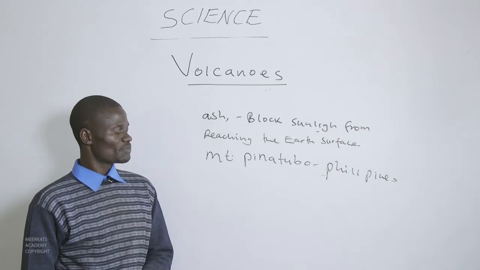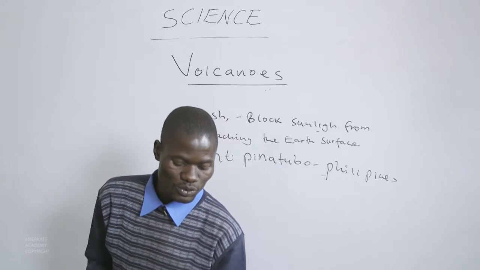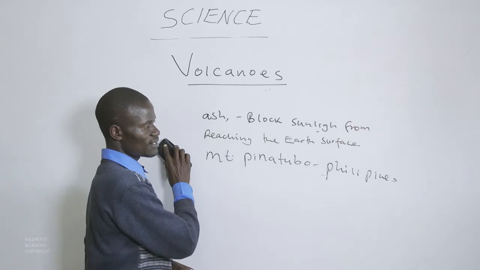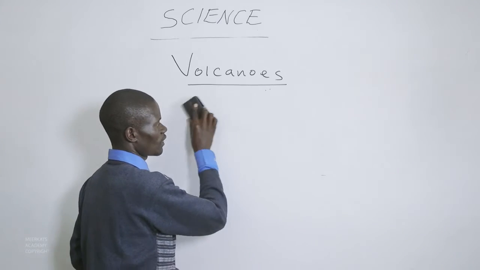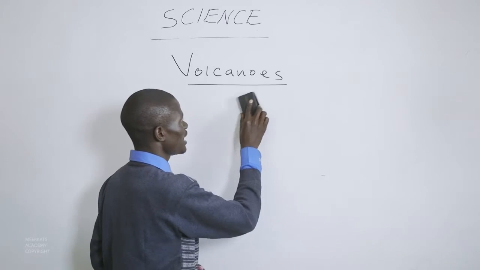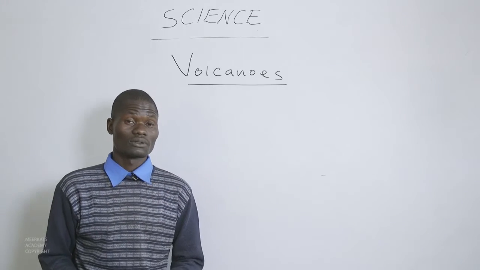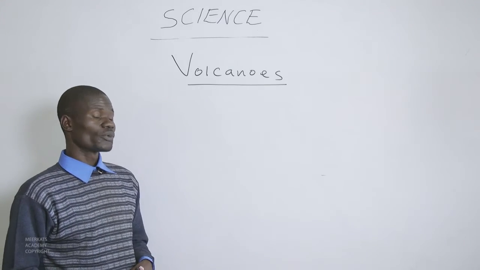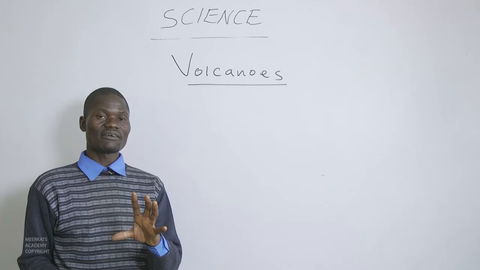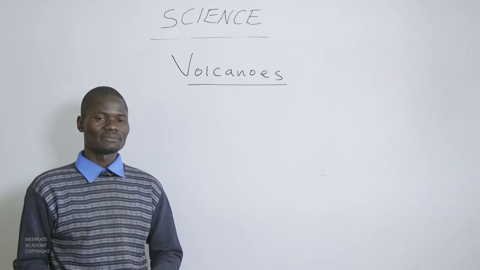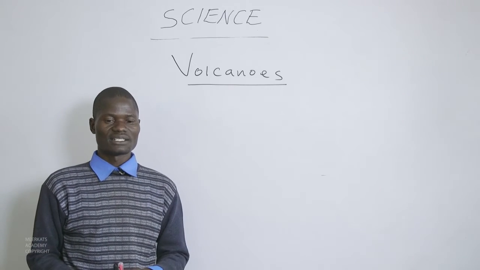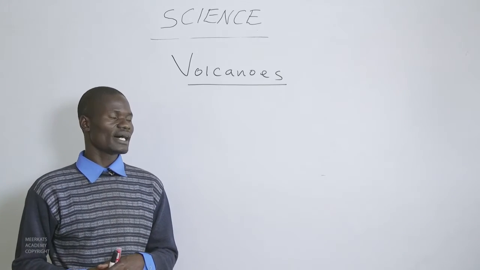When we come to this part, we'll be able to view it from a different angle as we wind up this part. We will be able to understand major volcanoes that are in the world. They have had some effect on the Earth's surface,